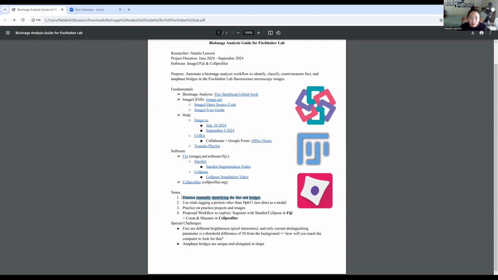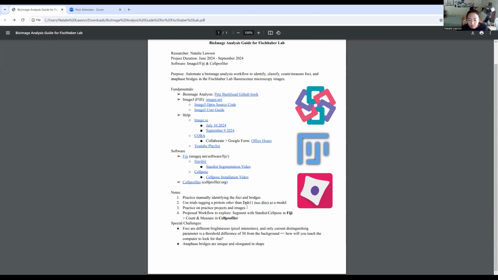The model images that I used were Hafrida's trial 1, I think, and they were tagging DPB11, and it was really too dim. So I think you should use a model image that is tagging something other than DPB11,